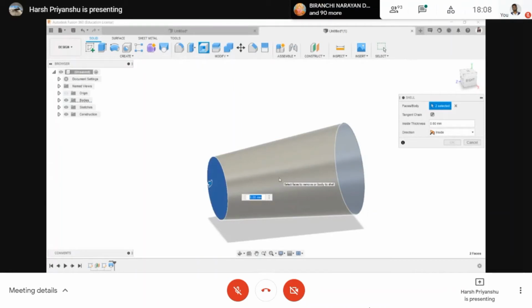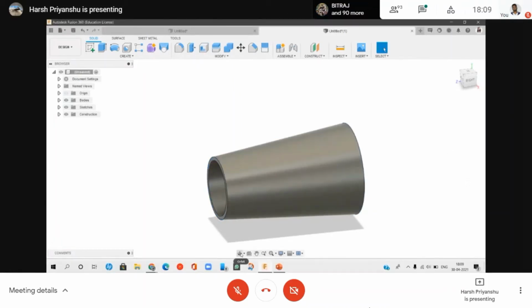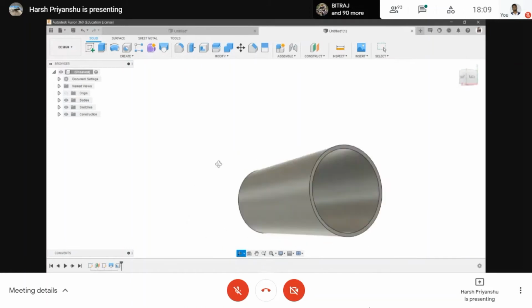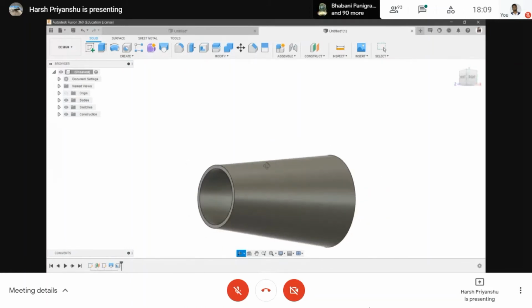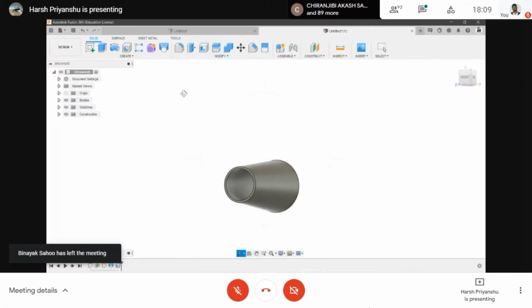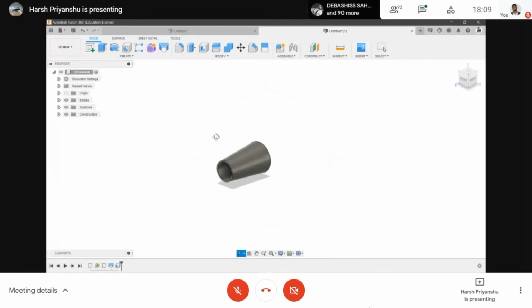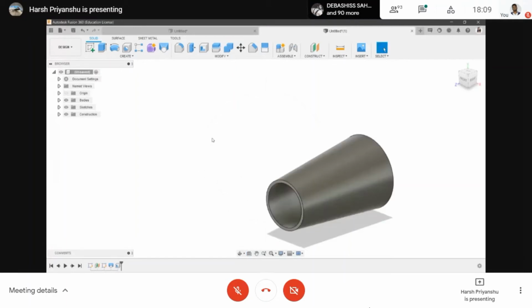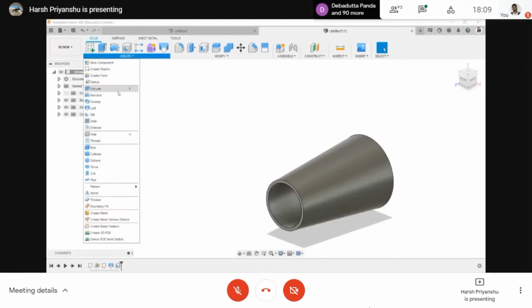and I'll give it as 5. Okay. So now you can see a hole has been formed. That's how you can use shell and loft command together to create objects like this. And you can create more. You can create your airplane wings using the loft options as well. You just need to take the airfoils up to some distances and then you can loft it. And